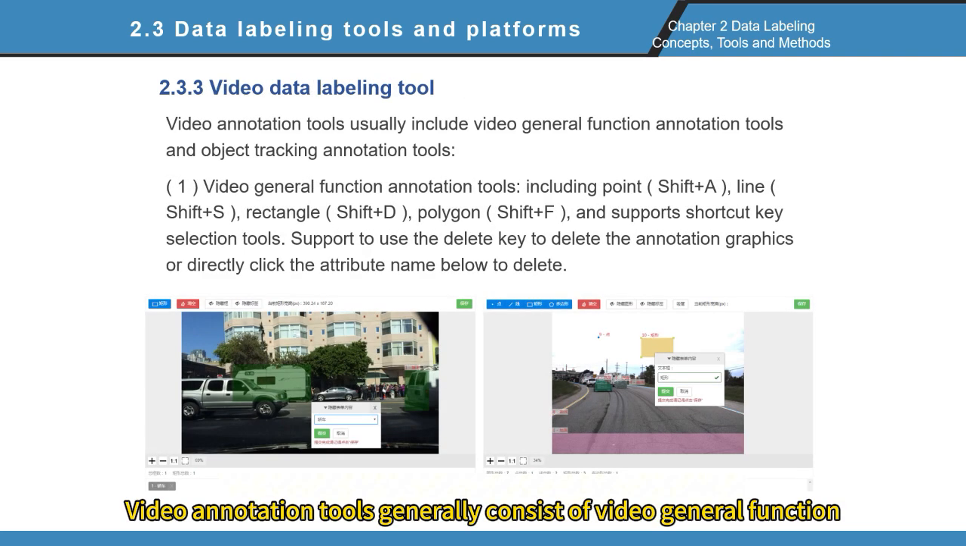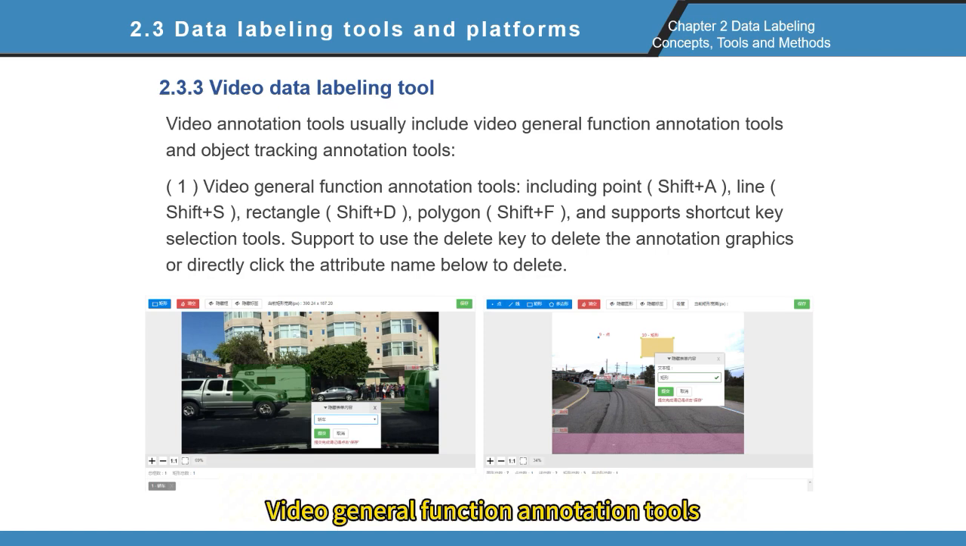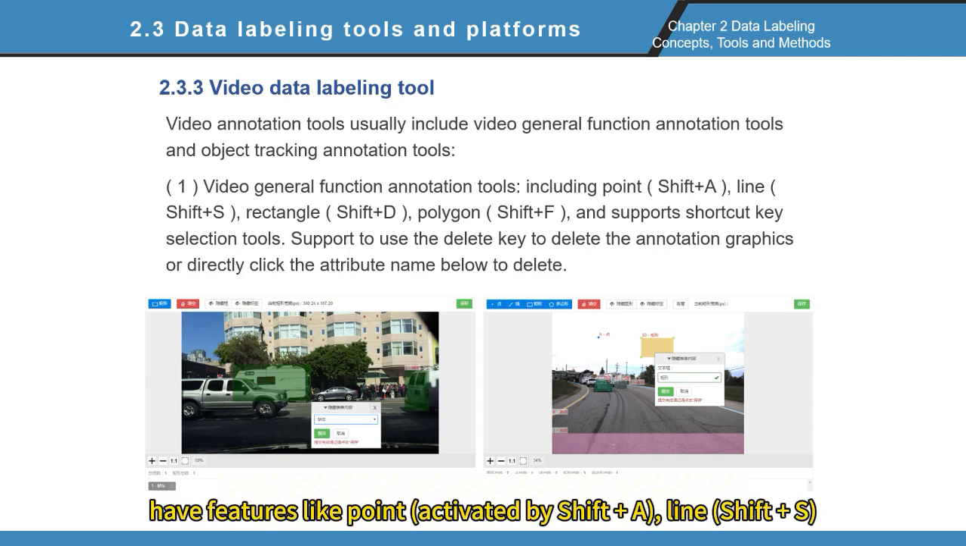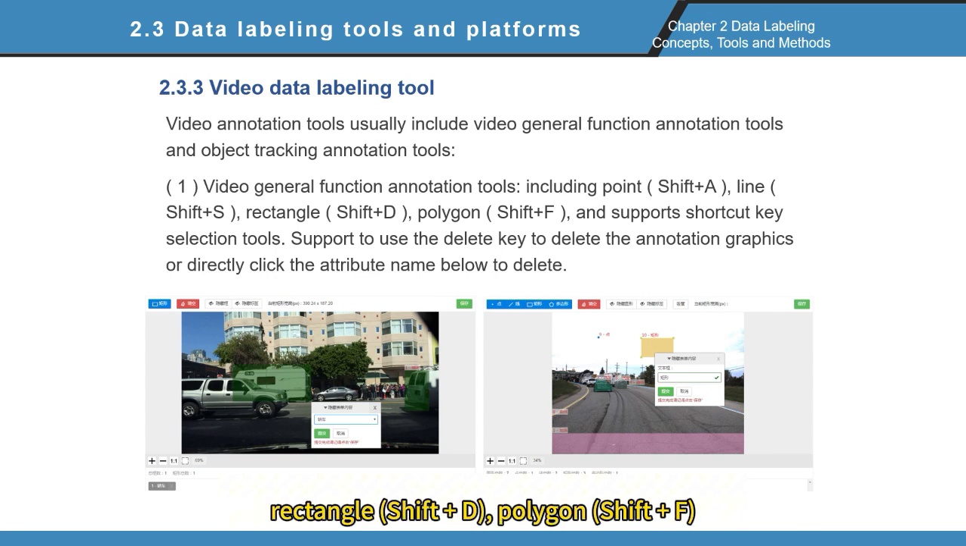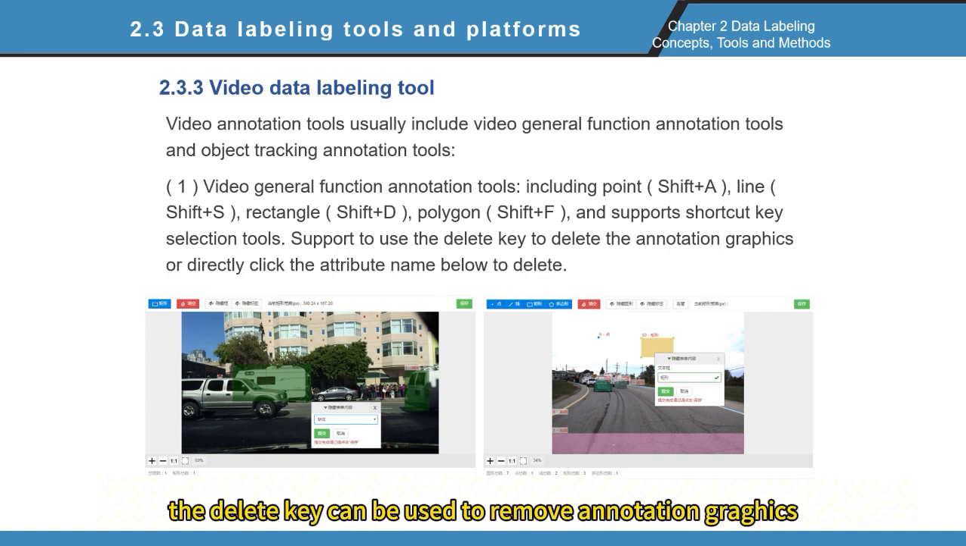Video annotation tools generally consist of video general function annotation tools and object tracking annotation tools. Video general function annotation tools have features like point activated by Shift+A, line, Shift+S, rectangle, Shift+D, polygon, Shift+F, and support shortcut key selection. The delete key can be used to remove annotation graphics, or you can click the attribute name